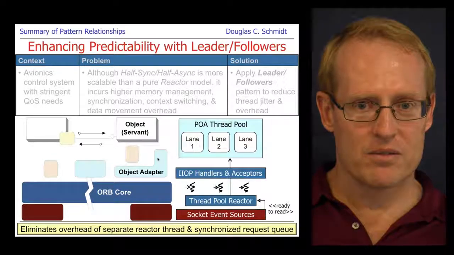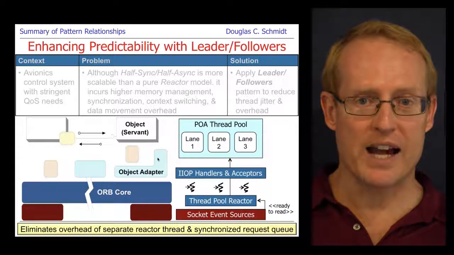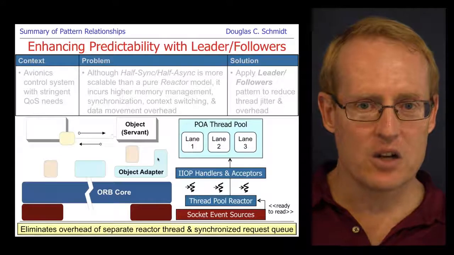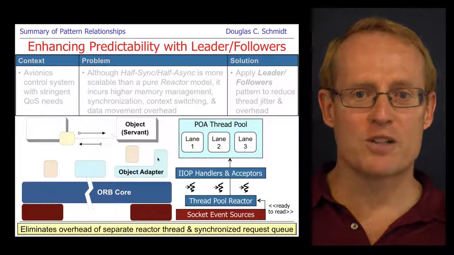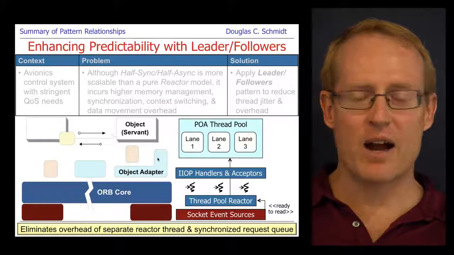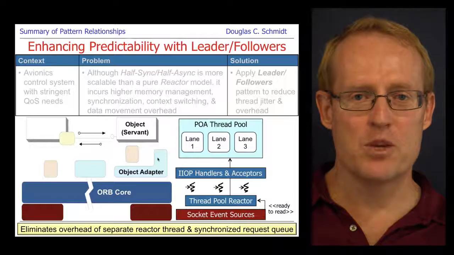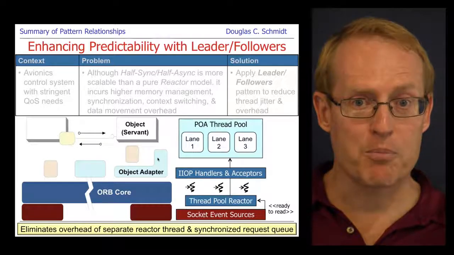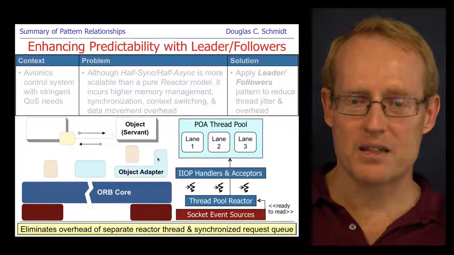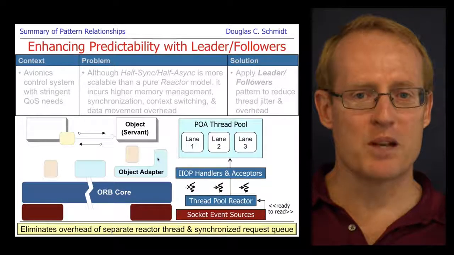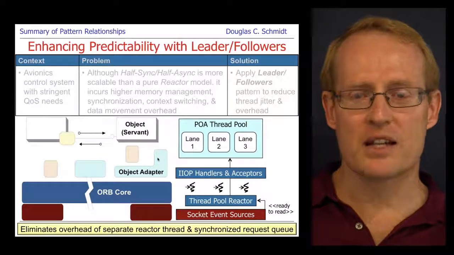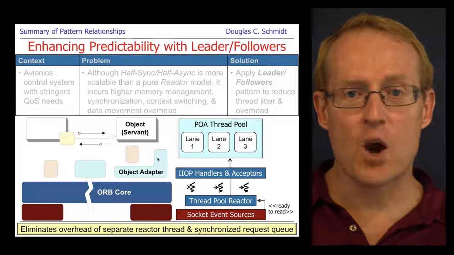We could have a special kind of reactor, a thread pool reactor, where you can take turns with a pool of threads going down and calling into the underlying synchronous event demultiplexer to do the work, to get the next data. And when the data arrives, that would have been taken out and then could be used to do the rest of the dispatching of that particular request to the upper layer parts of the ORB. In the meantime, one of the follower threads could become the new leader and wait for the next unit of work to do. So the nice thing about this is it allows us to eliminate the overhead